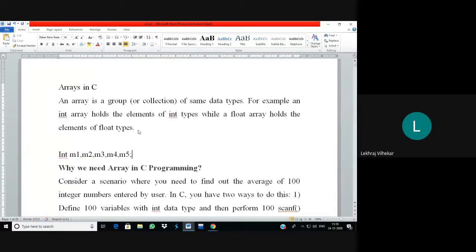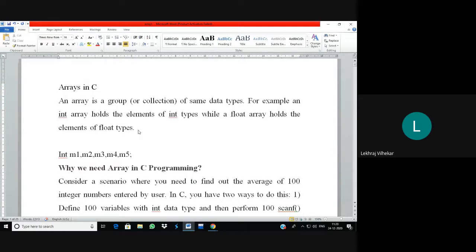So what happens here is, as your variables are dispersed at different locations in the stack, to access the data or to store the data, more time is consumed. To reduce this time, or to reduce the complexity, there is a concept provided in C, and that is called arrays.